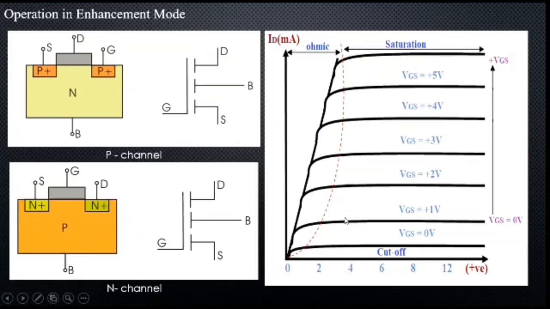The VI characteristics are partitioned into three different regions, namely ohmic, saturation and cutoff regions. The cutoff region is the region where the MOSFET will be in off state, where the applied bias voltage is 0. When the bias voltage is applied, the MOSFET slowly moves towards conduction mode and a slow increase in conductivity takes place. In the ohmic region, this happens. Finally, the saturation region is where the positive voltage is applied constantly and the MOSFET will be staying in conduction state. This is how it works in enhancement mode.